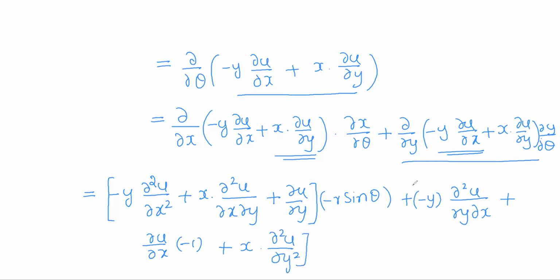So this whole into ∂/∂θ. So it will be r cos θ. So r sin θ is y and this is x. So substitute that and multiply inside. So this is nothing but minus y, this is nothing but x. So now multiply minus y inside. So what you will get? Minus y into this. So it is